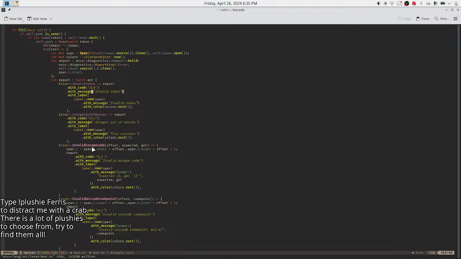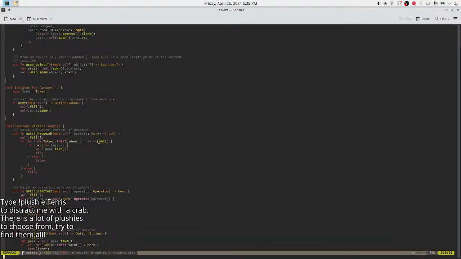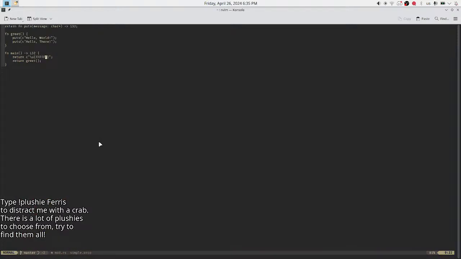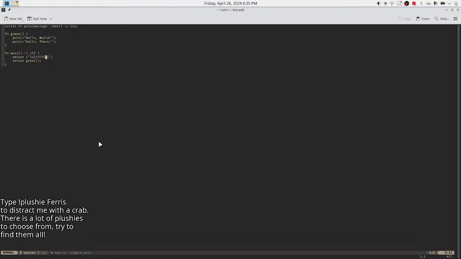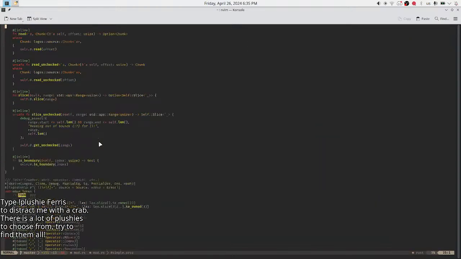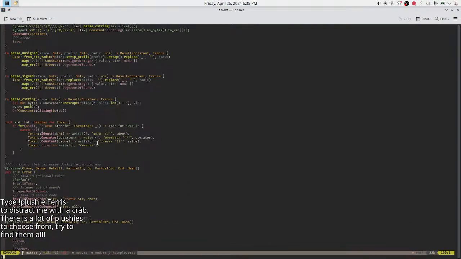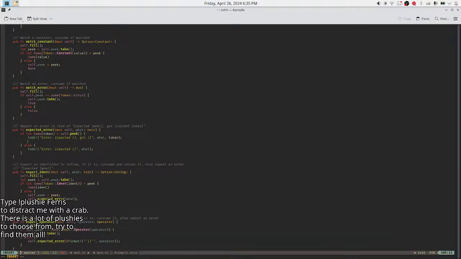So I did some error reporting work. Actually, this as well. Sorter.